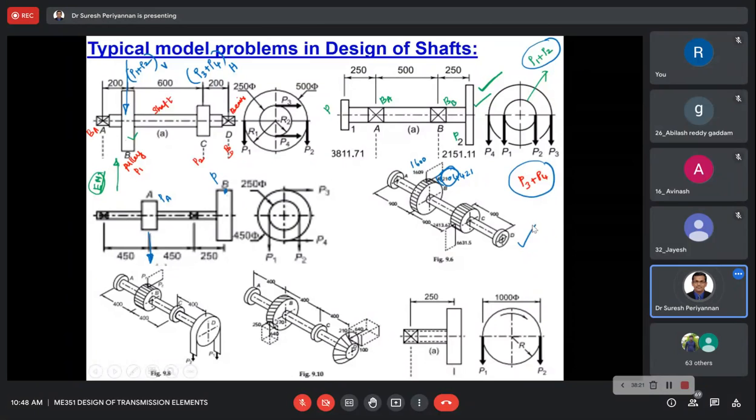Now I come to the next one. Whatever we discussed, only pulleys or only gears were connected to the shaft. Now, the combination of this is gears as well as pulleys connected to the shaft. The shaft is also connected to bearings. The bearing part we are going to discuss in a very detailed manner later. Now, whatever we discussed, this may be a spur gear. This is also a spur gear, right? Now, this is a belt mechanism. The belt mechanism we are also going to discuss later as a flexible drive mechanism, right?